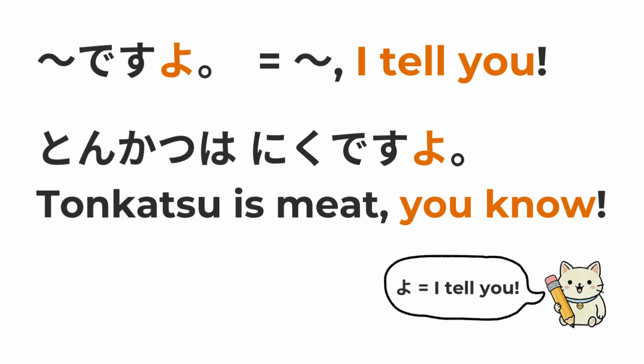Next, let's learn yo. You add yo at the end of a sentence when you want to tell the listener something they may not know, like saying, I tell you, or, you know, in English. Tonkatsu is meat, you know. とんかつは肉ですよ。